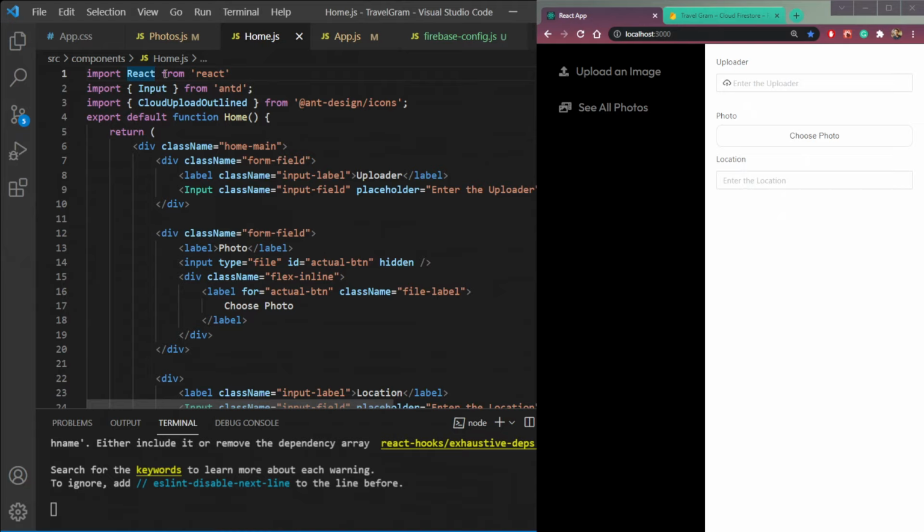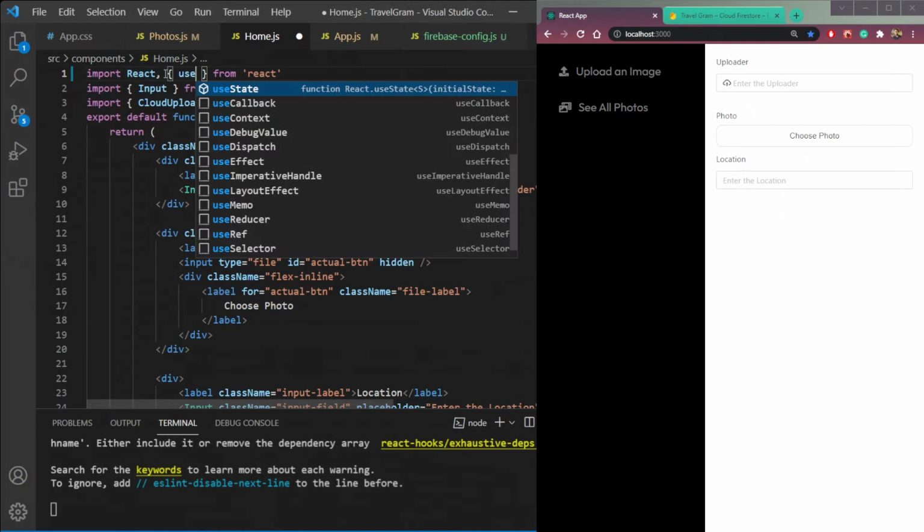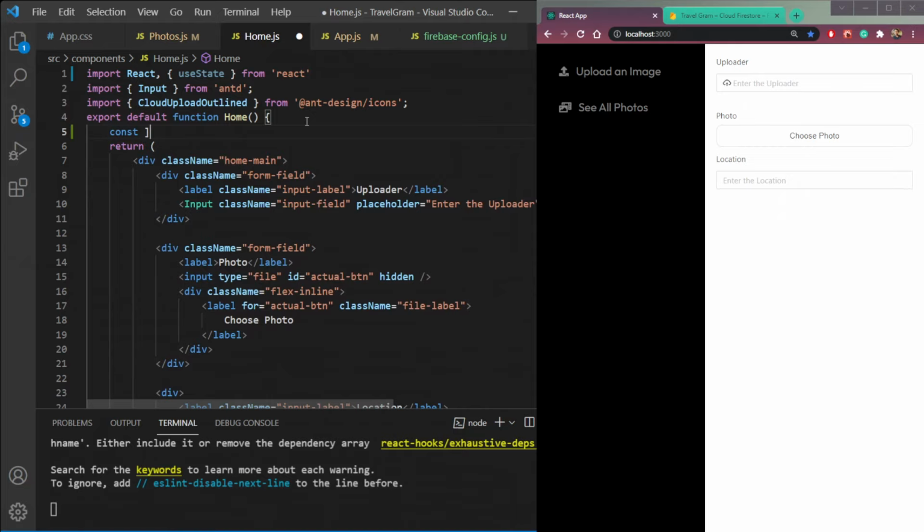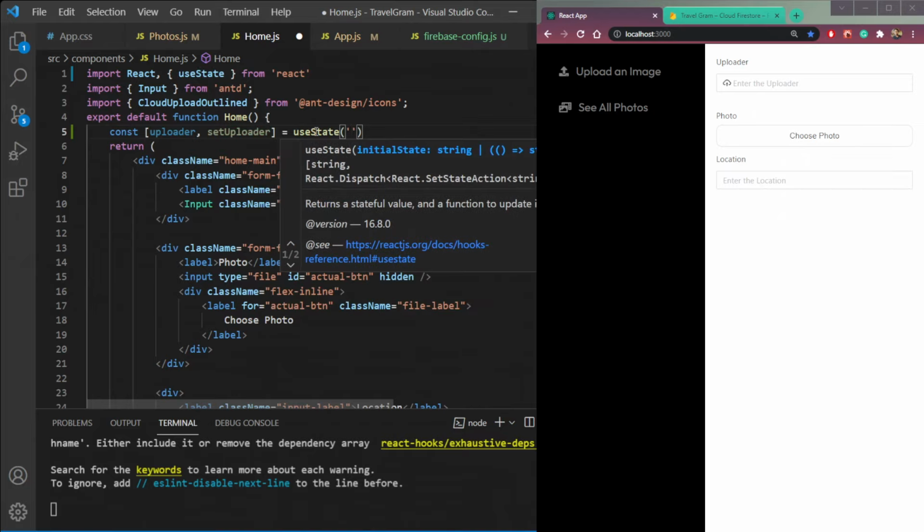So just import the useState hook from React. We will create 3 states. So const, first is the uploader name. So uploader, setUploader, useState, then it's a string.